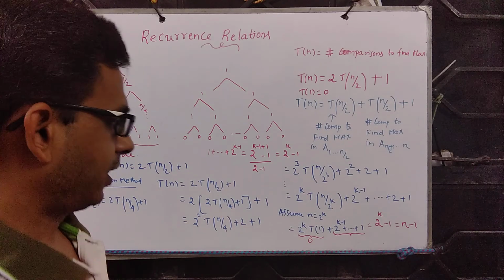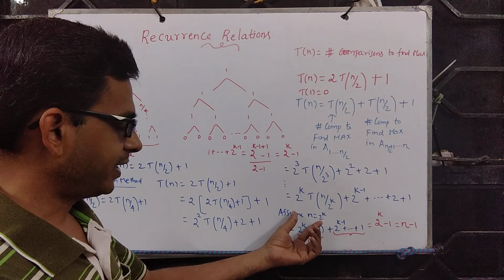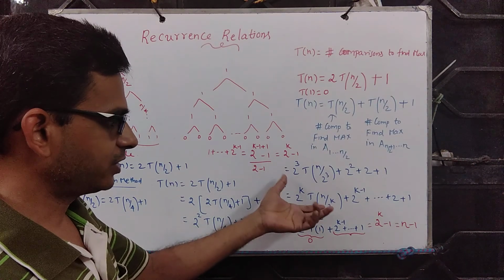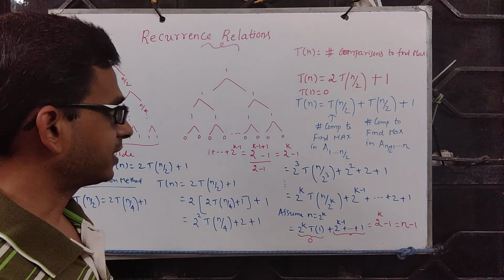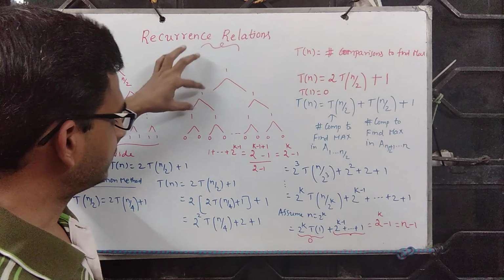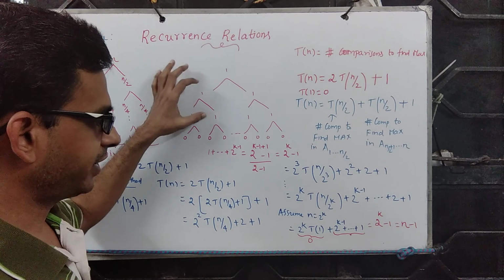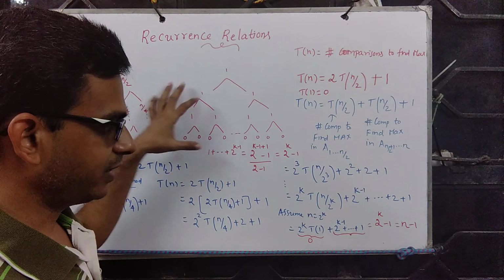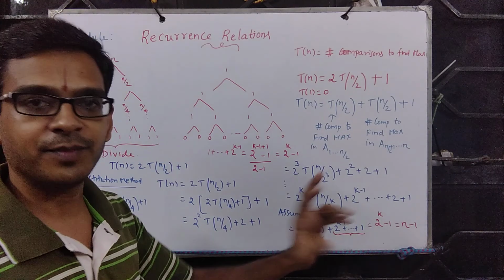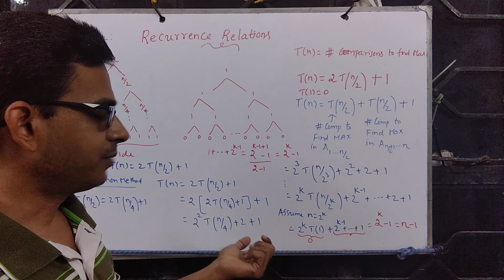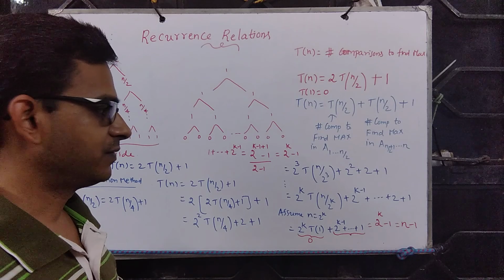Now the question is, again we will let you know how to handle the case when n is not 2 power k, but if you assume n is 2 power k, we see that it is n minus 1. Now the interesting part is, why should I divide this into two equal sized arrays? Why not 3, why not 4, and why not an uneven split? If we do that, would there be a change in the time complexity? Can we get a number which is strictly smaller than n minus 1? Which we shall see next.